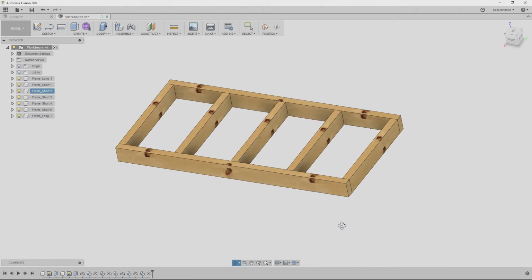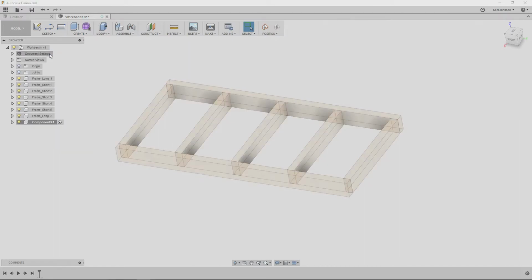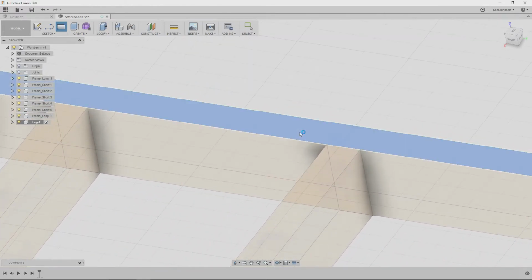Very, very useful tool. So now what we're going to do is create our 4x4 legs. We're going to go back up here to workstation, right click, new component, and we're just going to name it simply leg. Go ahead and enter. It's leg 1. I'm going to create a 2D rectangle, and I'm just going to create it right on the top plane of this